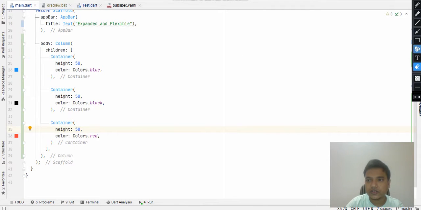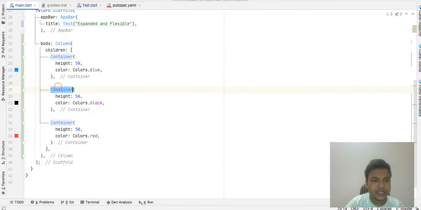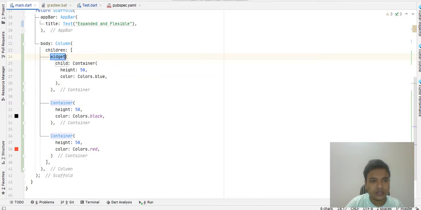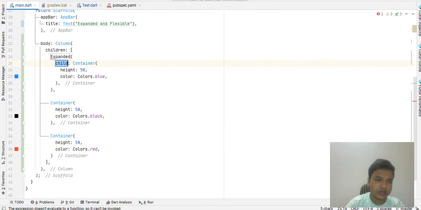Let's go back to the code, and what we have to do is declare these containers as Expanded. Once the yellow bulb mark is visible, click on it and click on wrap with widget. Once you click, a widget comes and you have to change the name of the widget. It's Expanded, so click on Expanded.